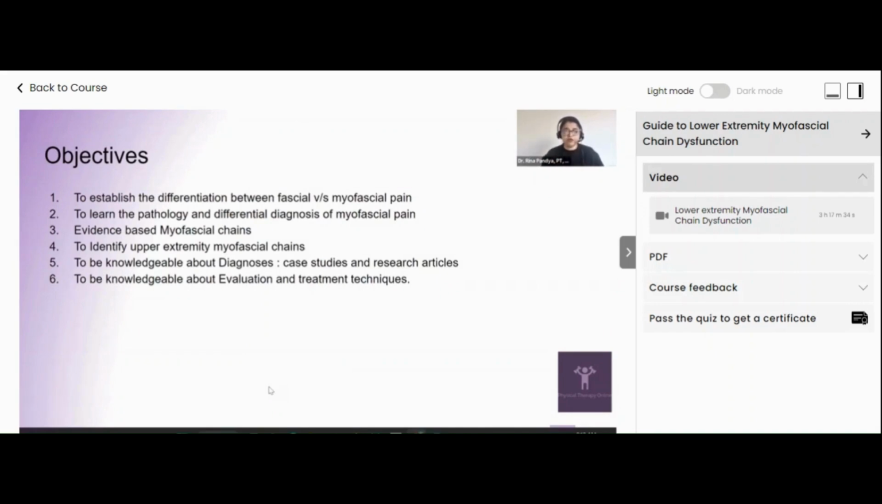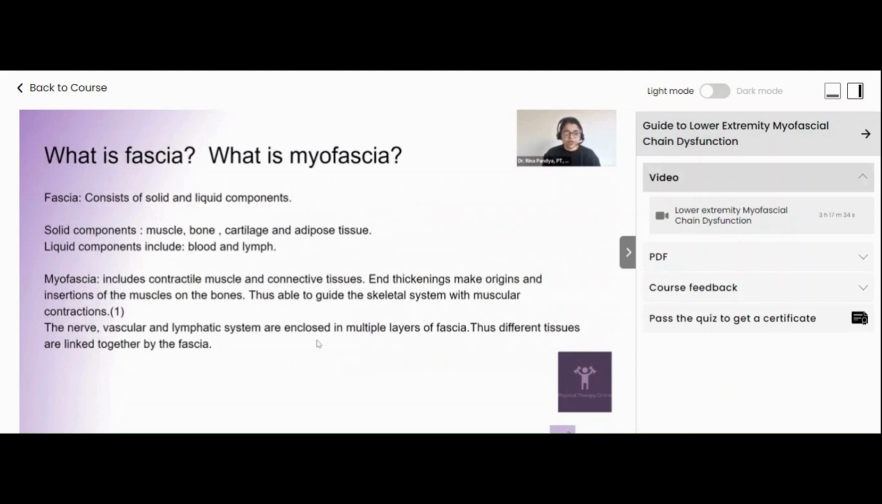Okay, so let's move on. First things first, we're going to go through the anatomy. We're going to identify the different myofascial chains, and then we're going to talk about treatment strategy. So there are three main parts to this. Somewhere along the way, we'll take a break. Now, those who have attended my upper extremity